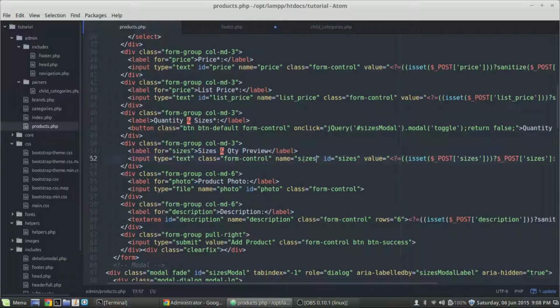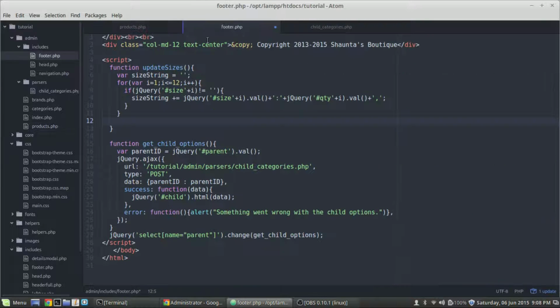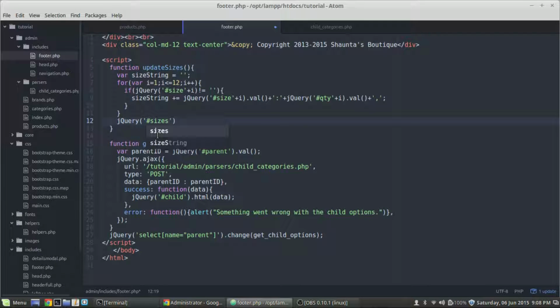So that was just called sizes with an S. So let's go back here to our footer, and right here inside of our function but outside of our loop, what we want to do now is say jQuery, and then select our sizes, okay, and then we're going to say dot val, and then inside of this we're going to pass it the size string. Alright,